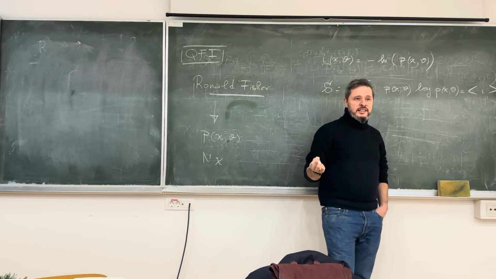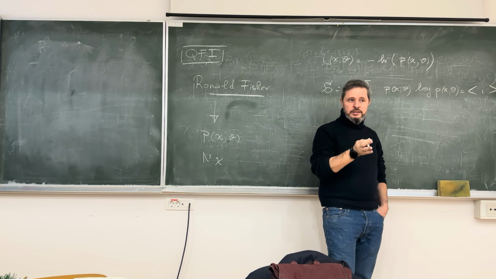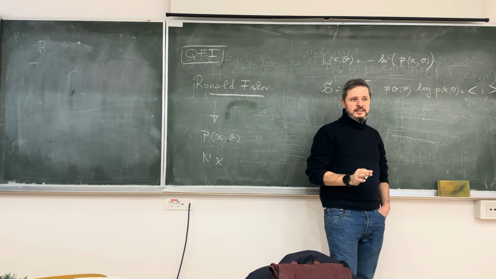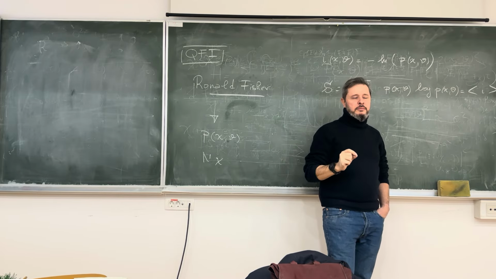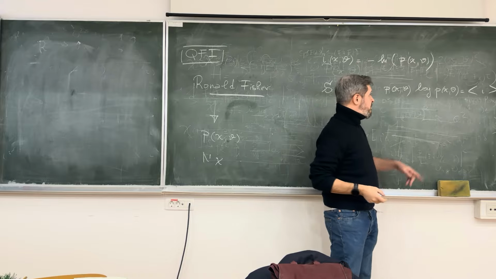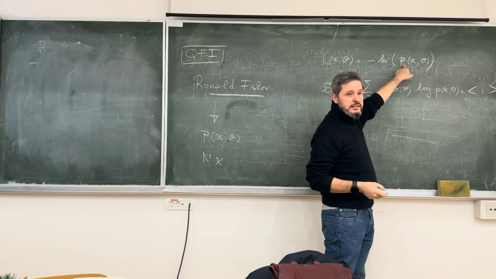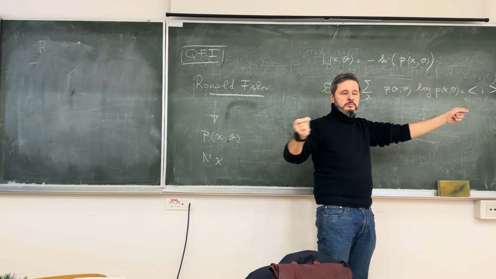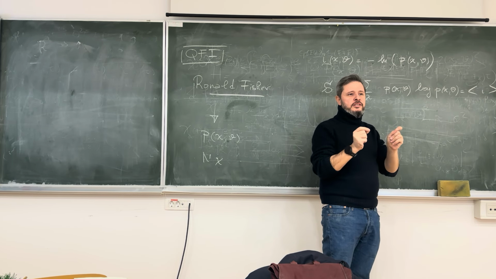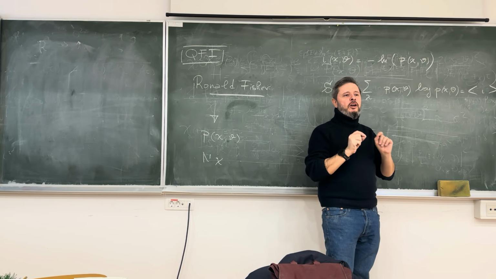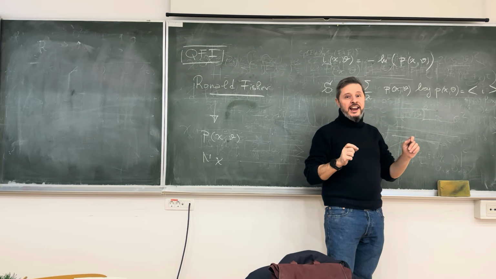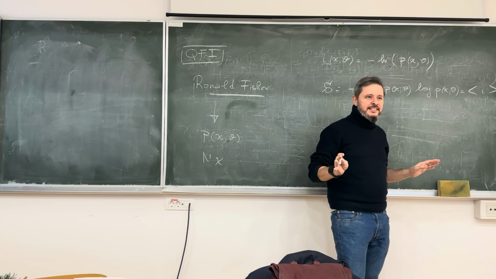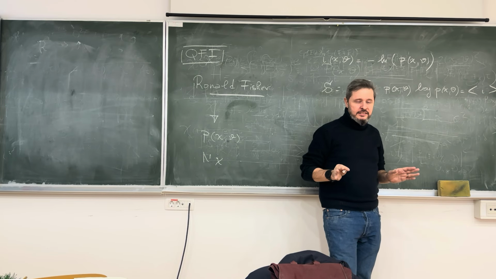Imagine that you're driving during the day. You have a certain probability to see yellow, you have a certain probability to see red, a certain probability to see green, right? So let's say they are equal. So the information of the outcome is minus the log of the probability of the outcome to occur in a certain probability distribution. Same thing for letters. Imagine that my language was made only with the letter A, and I would start speaking and saying A, A, A all the time and nothing else. So what information would you get? Nothing.